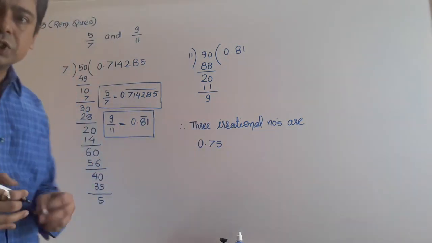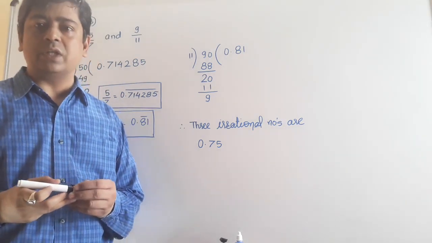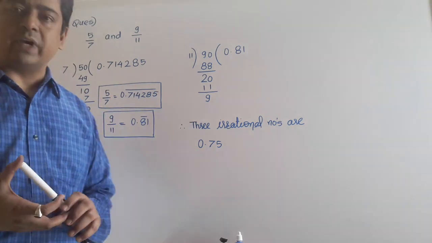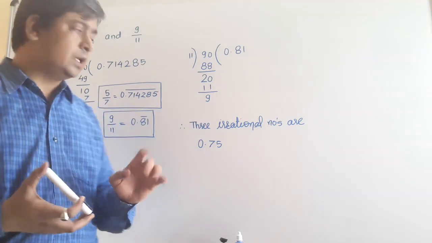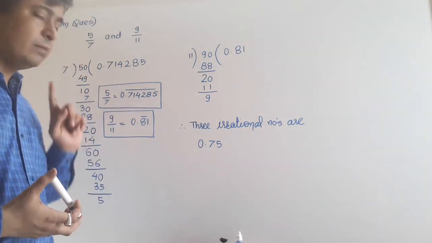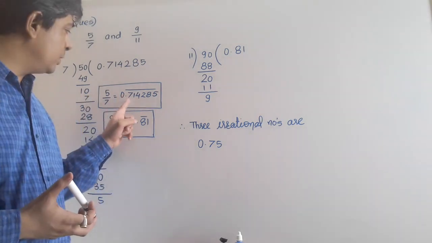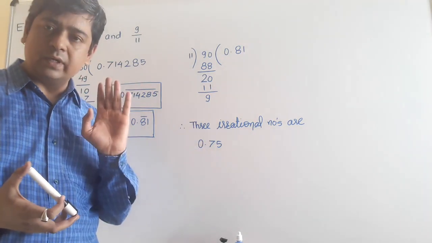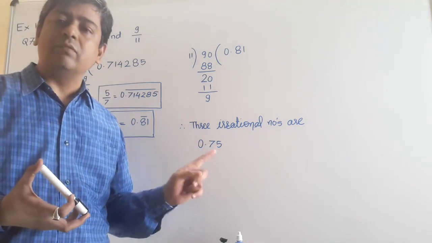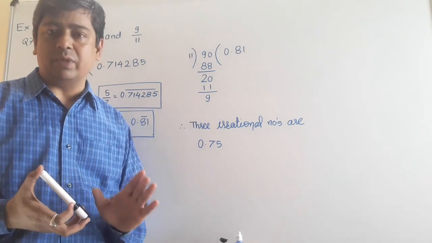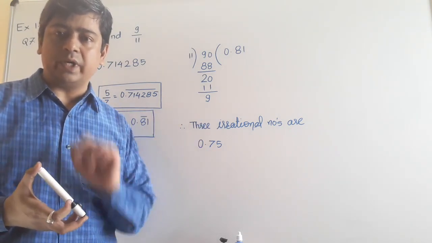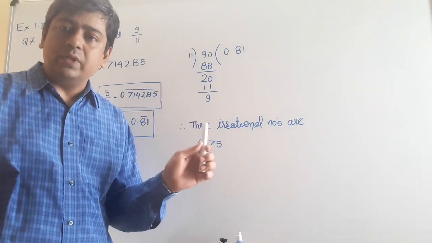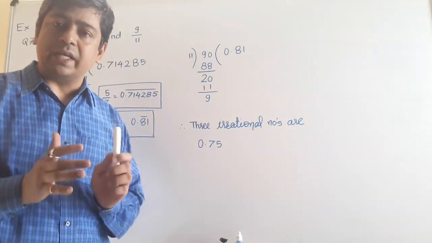Right now it is not irrational because it is terminating. Irrational means non-terminating, non-repeating. But I wrote here 0.75 to check first whether my number lies between these two decimals or not. Yes, between 0.71 and 0.81, this number definitely lies over there. Now I need to convert this number into an irrational number, meaning non-terminating, non-repeating. So remember, the decimal will not terminate and we shall not observe any pattern.